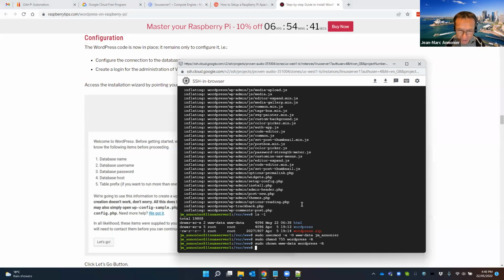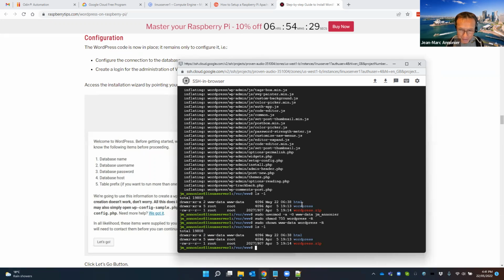Before we go there, we need to make sure that our virtual server is correctly configured. By this, I mean that you see in this folder here, you get the HTML folder, which was the default one that we created when we installed Apache.